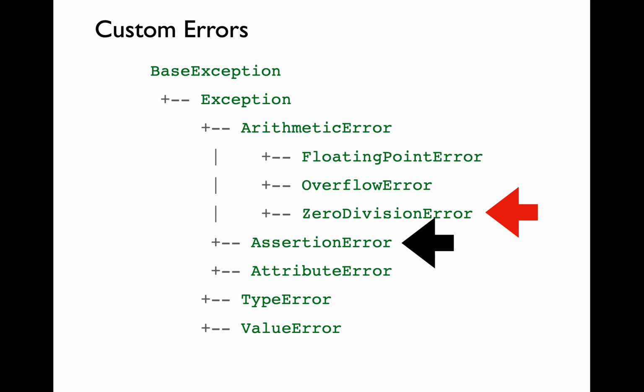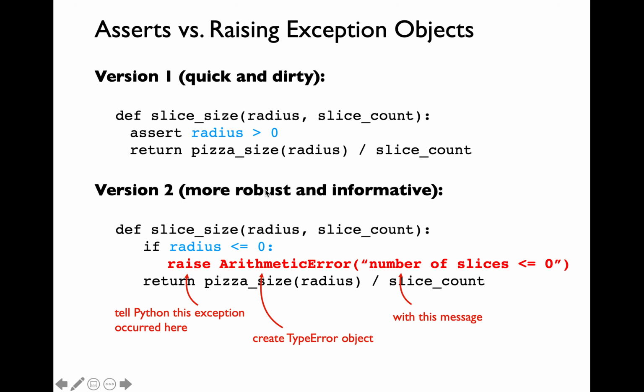Let me give you an example as to why this might be helpful for you. Let's go back to talking about the exception hierarchy just for a minute. Let's say that your program displays an assertion error. Instead of displaying an assertion error, wouldn't it be beneficial if you're displaying a specific zero division error or an arithmetic error for that instance? How can you do this? You're going to use the raise keyword to do this. This is going to be the last keyword that we learn in today's lecture.